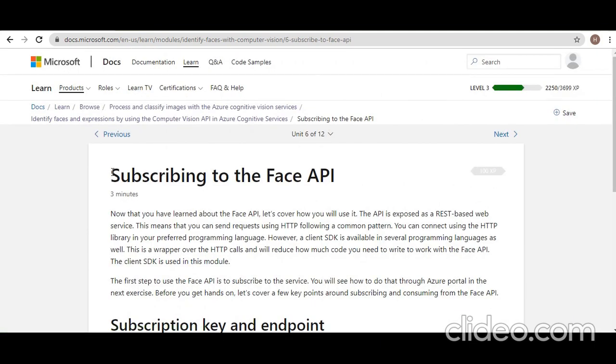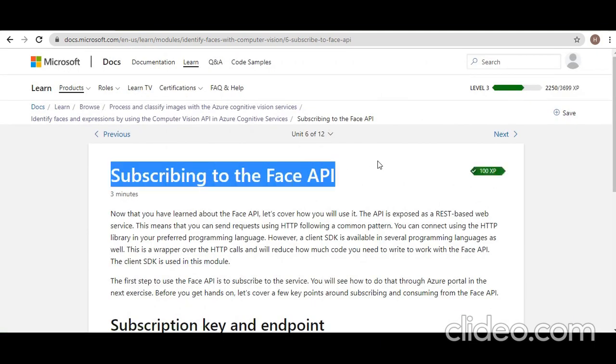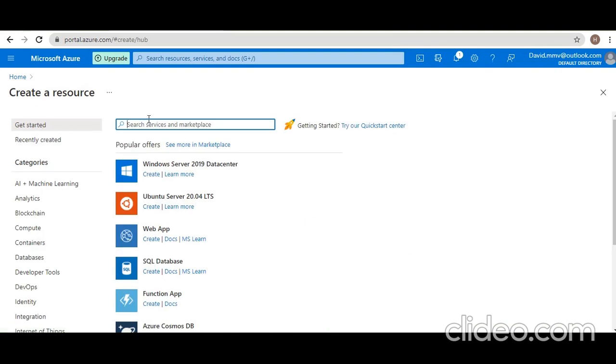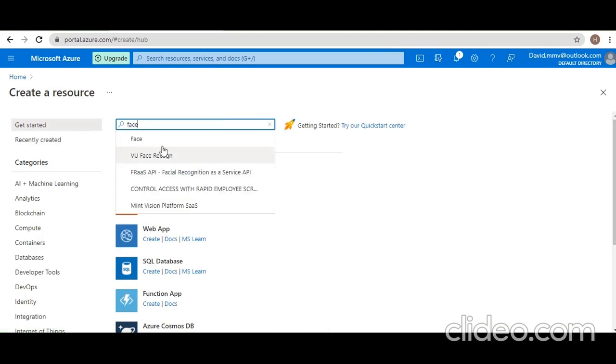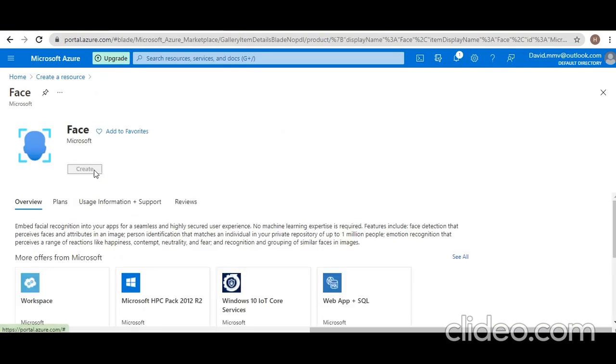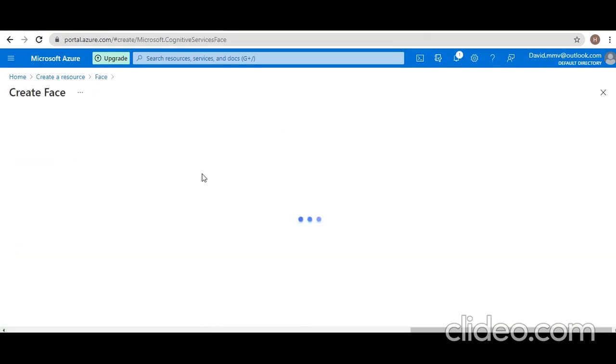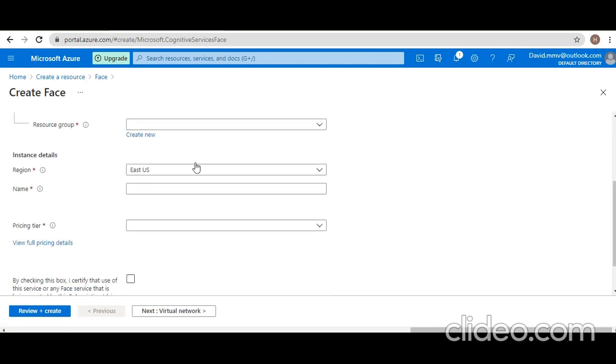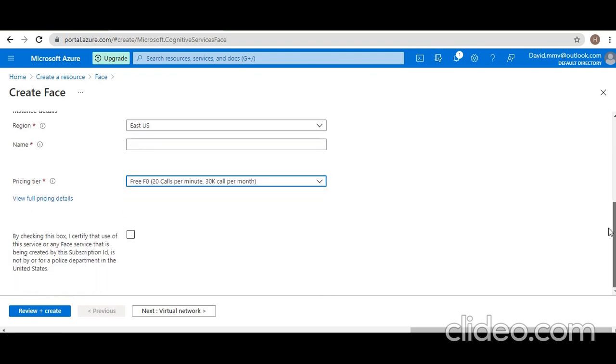The first thing you have to do is create the subscription for Face API. How to create the subscription? You have to go to your Microsoft portal, and there you click on create resource. Here you will have the resource name Face. Click on create, and here you have to type all these values. You have to give a resource group name, a region will be given, and you have to give a unique name for your resource, and select the pricing tier. Once this is done, click this checkbox and then click create.